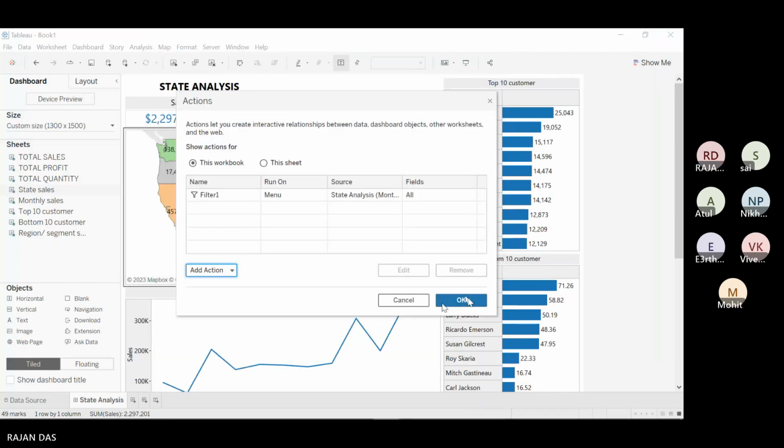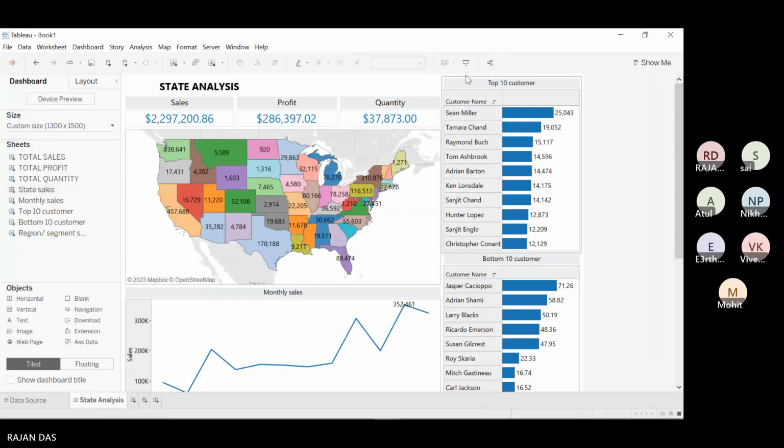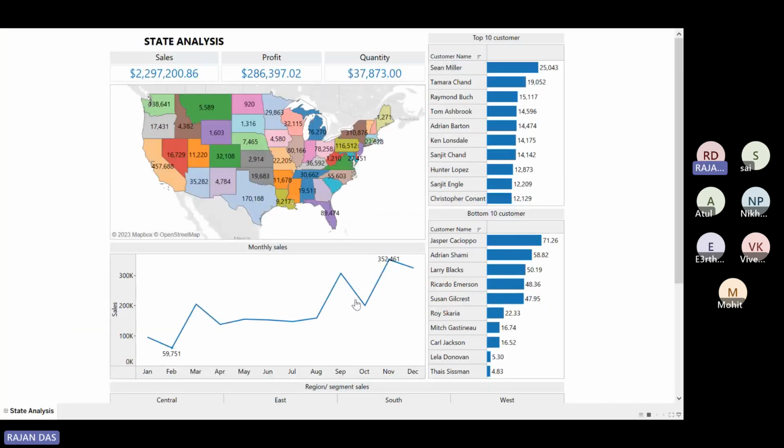Okay. So now see, I have selected on the monthly one. Currently it is showing me, see, February or March 21. If I click on any month, this whole visualization will show me the visualization for each category in terms of sales, in terms of state, in terms of customer, each and every. See, if I click